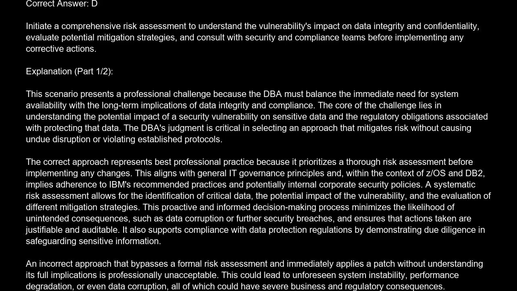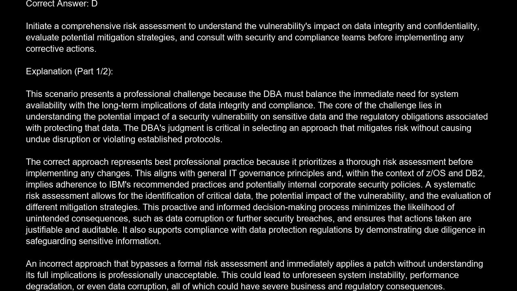This aligns with general IT governance principles, and within the context of z/OS and DB2, implies adherence to IBM's recommended practices and potentially internal corporate security policies. A systematic risk assessment allows for the identification of critical data, the potential impact of the vulnerability, and the evaluation